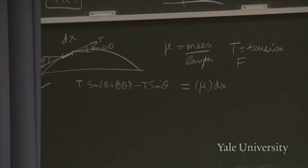Pardon me? d2x over dt squared. He said d2x over dt squared, but the d by dt squared is right. It's not d2 of x